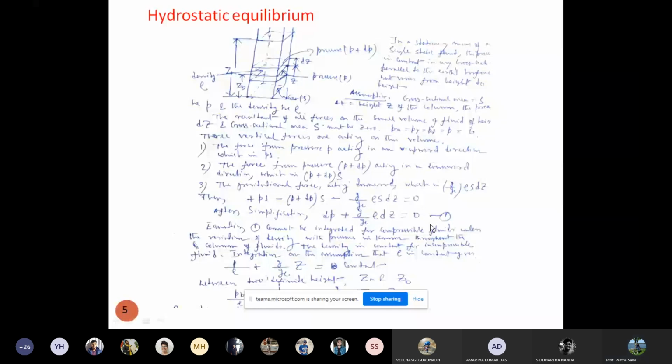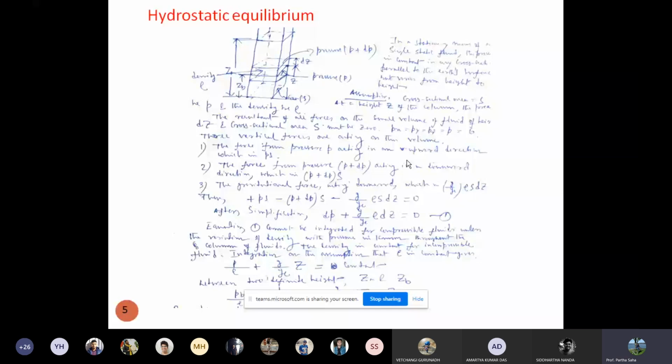gc was introduced for that. For the SI unit, gc is 1, so g by gc becomes g. What happens if you need to convert into FPS units? Then the gc value will be different, right? That's why this g by gc term comes. So you can simply ignore it, because if you are doing the calculation in SI units, gc is 1, so g by gc becomes g. Don't be flustered seeing this term g by gc. It is a common terminology used for conversion from one unit to another.